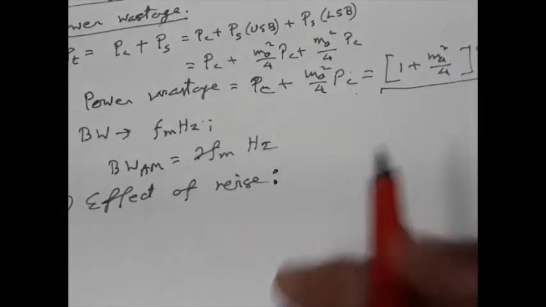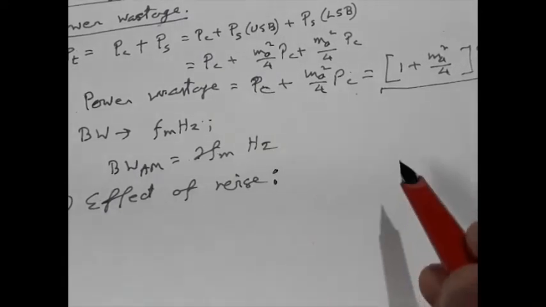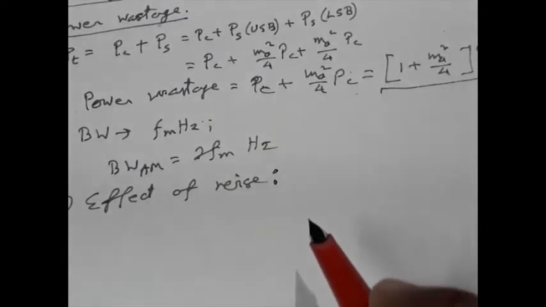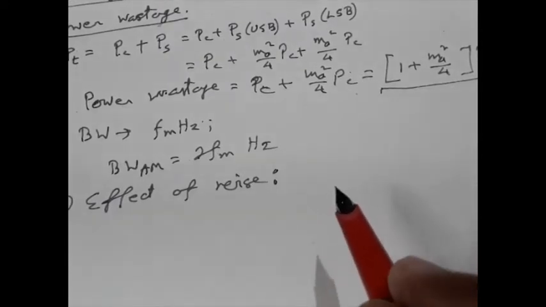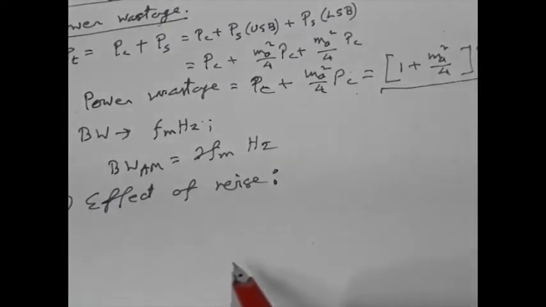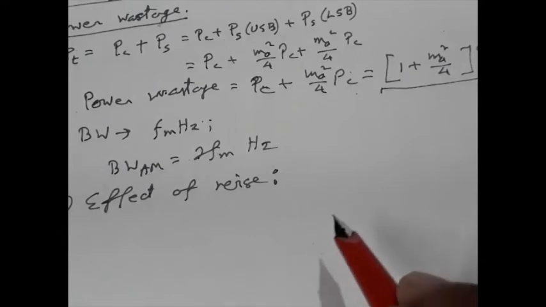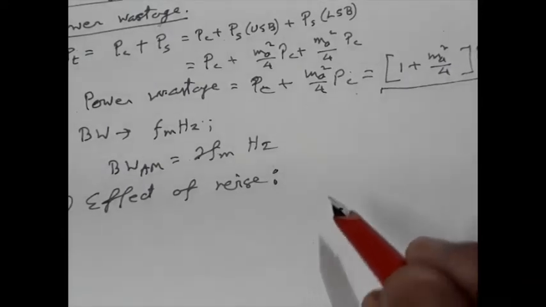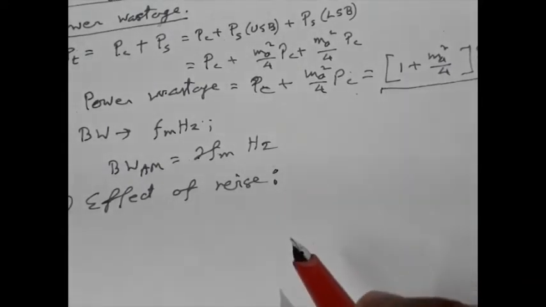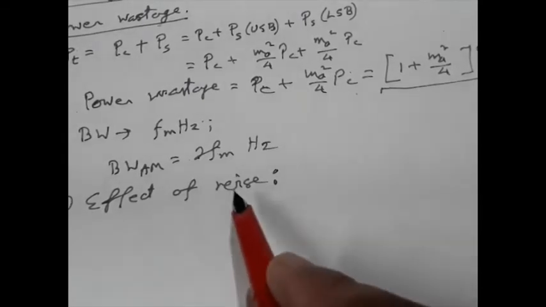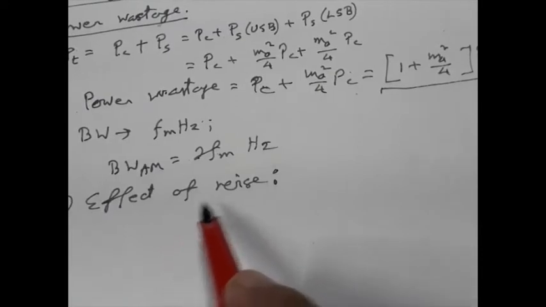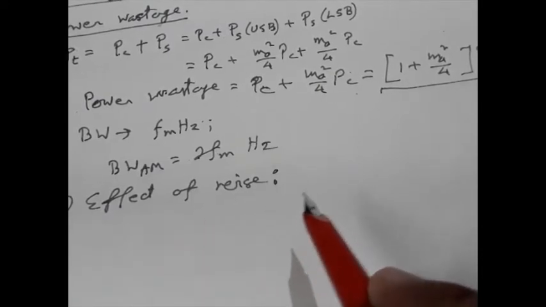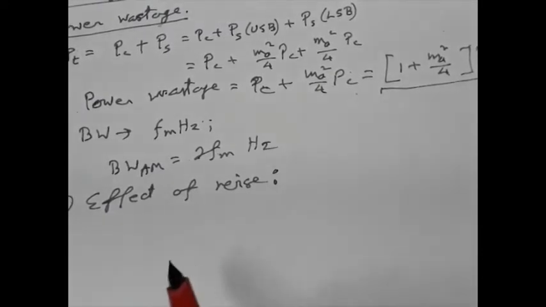For any system, generally noise is added to the signal. Once the noise is added to the signal, it affects the amplitude more. And an amplitude modulation system relies on the amplitude of the signal. Since noise affects amplitude so much, this AM system becomes excessively susceptible to noise.